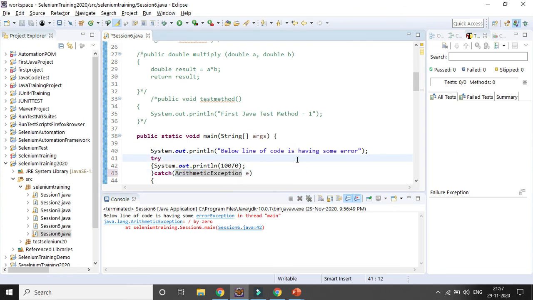Okay. Now it will be handled and your next line of code will be executed. Okay, you can see it is working fine, right? Now let's comment out that particular part,